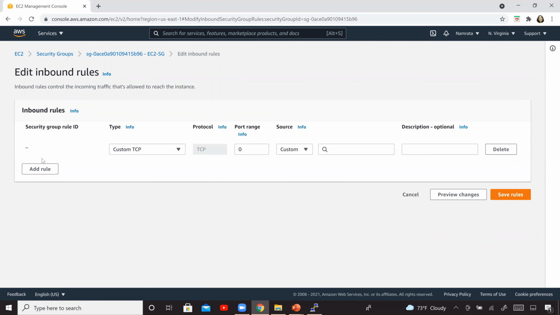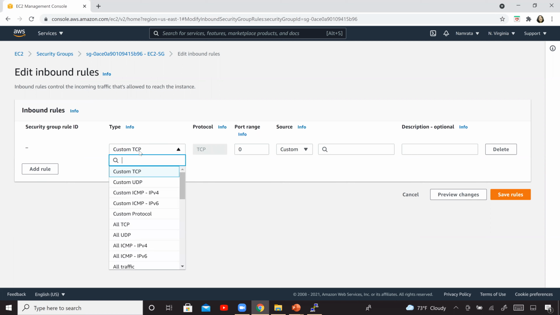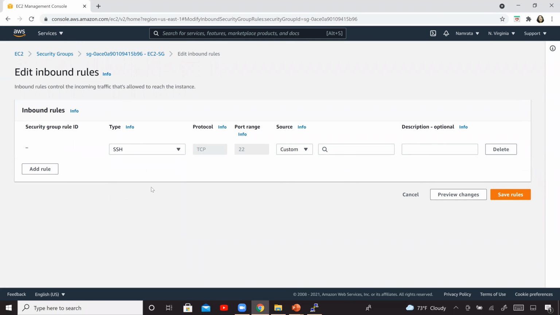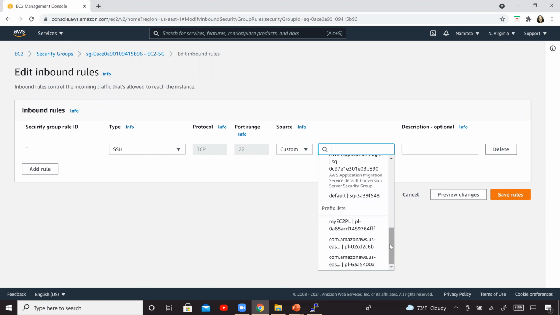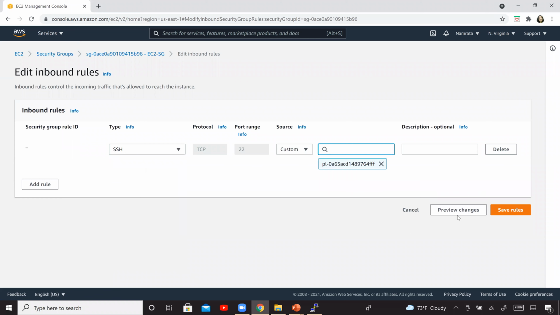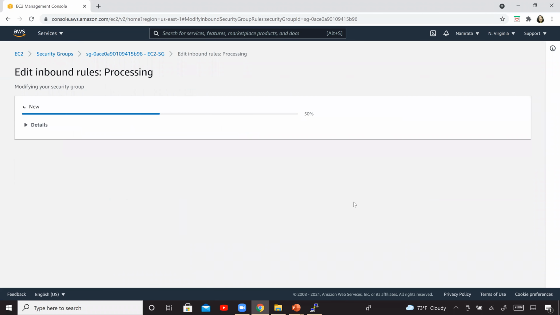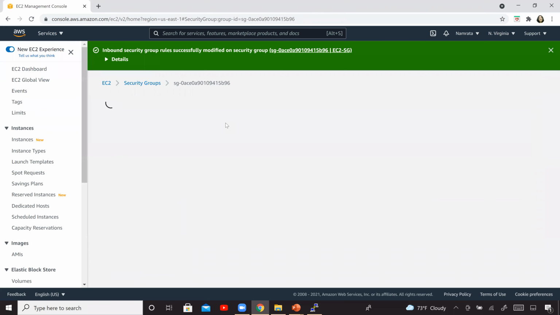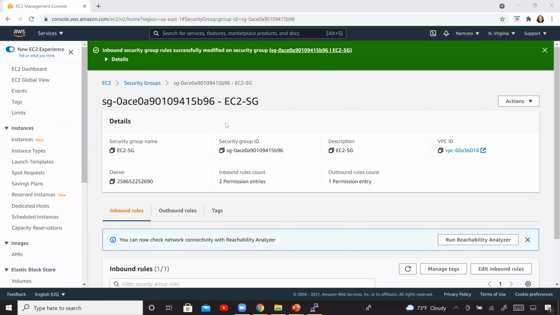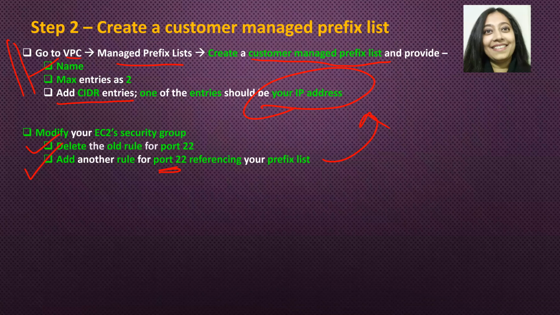Now add a new rule, right? And then we will say SSH. Now over here, go ahead and select your prefix list and you should be okay. And save rules.